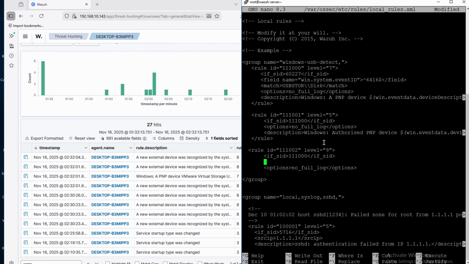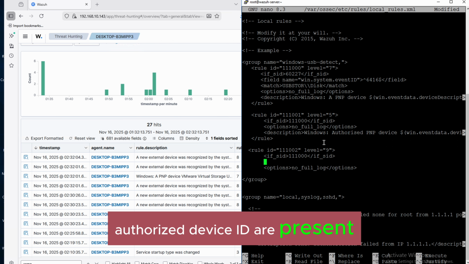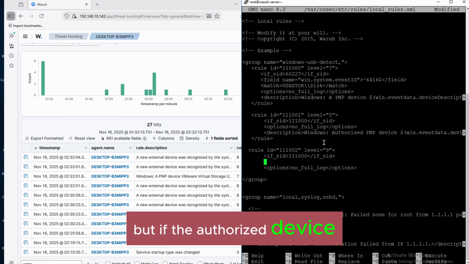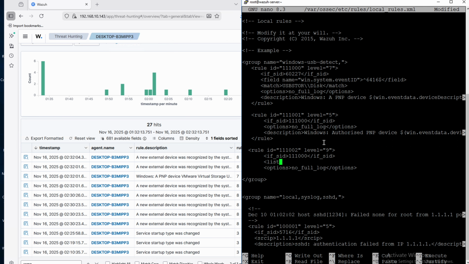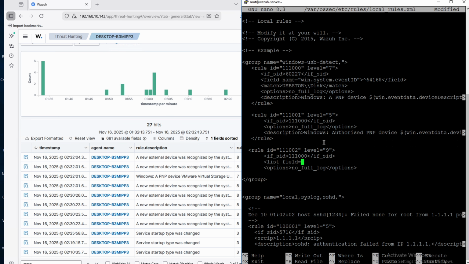What I need to do now is add another field, because this rule will check our CDB list. If the authorized device IDs are present, then this rule will not trigger. But if the authorized device ID is not present in the CDB list, only then will it throw this trigger. So what we need to do here is use list field equal to,